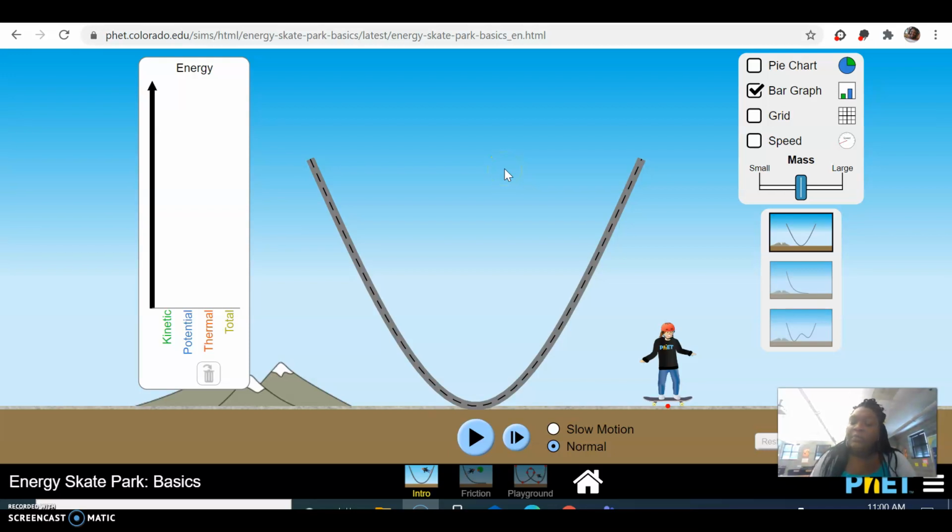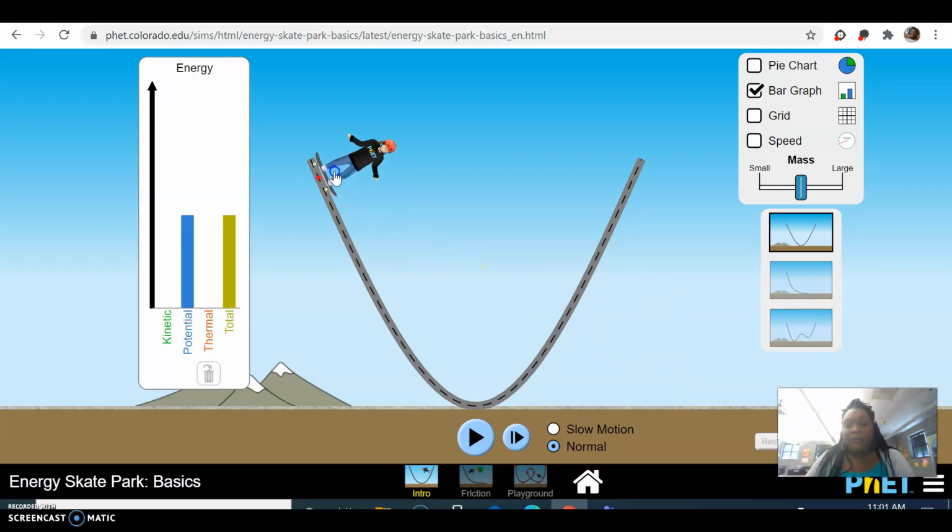Today we're going to be completing a lab together where we're going to be illustrating how energy is transformed from one type to another. Just as a reminder, we want to make sure that we remember energy can never be created or destroyed, but always transforms. So we're going to look specifically today at potential and kinetic energy using our little skateboarder here that we saw from our lesson earlier in the week.